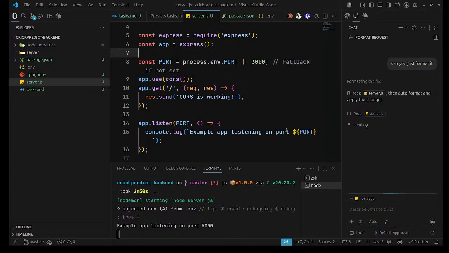Let the agent work and format the whole file first. It is a simple task, but it's taking so much time.